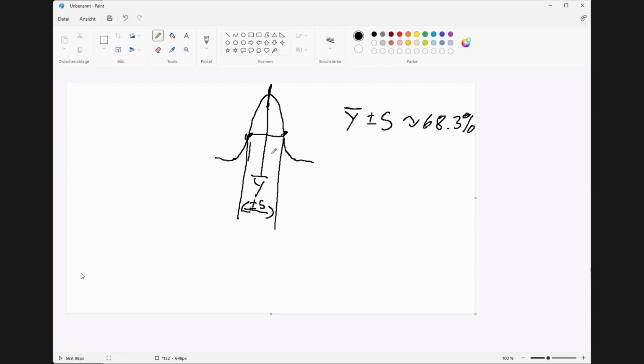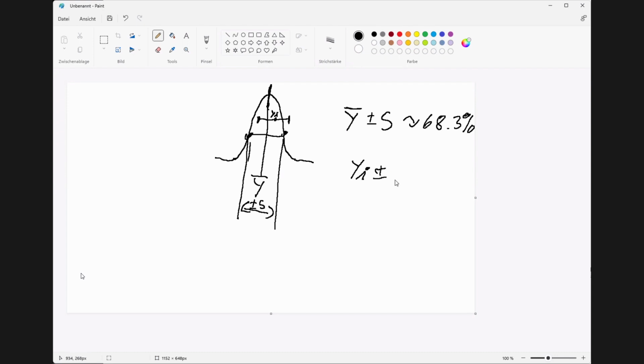And therefore we say, for us, the mean is possibly the true value. And when you measure a single time in the future, and you write the standard deviation plus minus S around this single value,